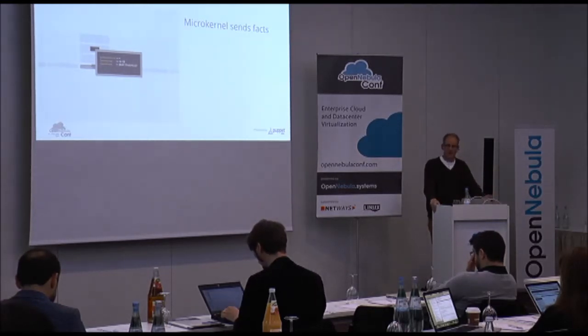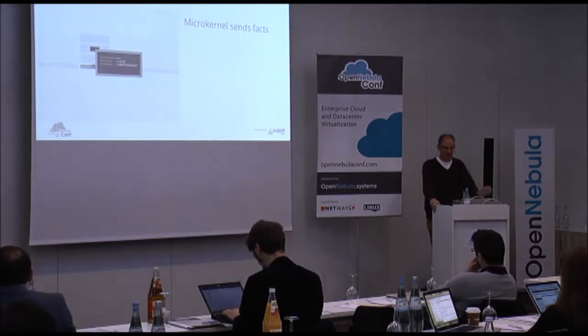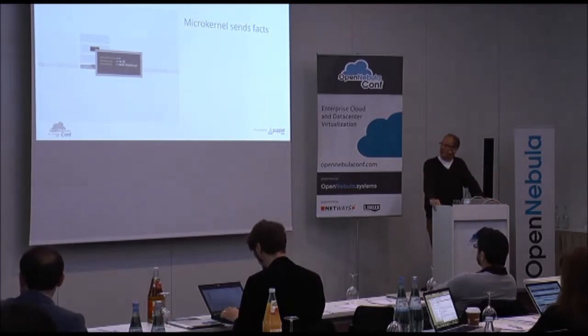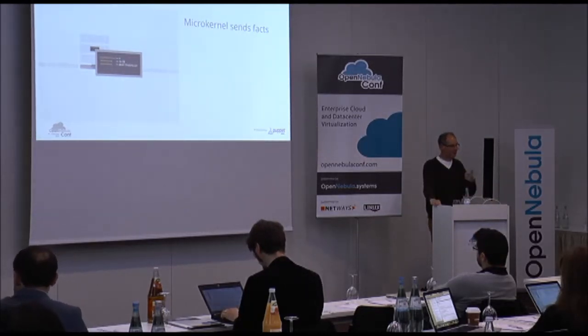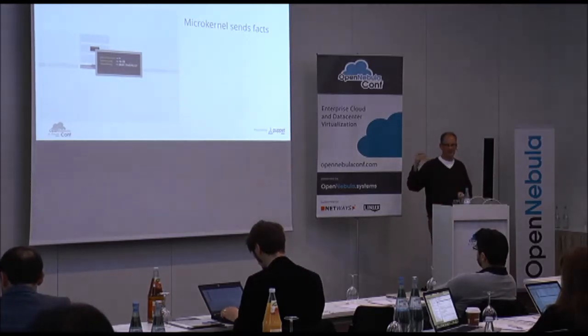When a node boots for the first time, it runs this little iPXE script, which really doesn't say much more than go talk to the server over there to figure out what you should be doing. If it's the first time that node boots, the server says, hey, I don't know you, we should get to know each other, and sends down what in Razor speak is called a microkernel, which is a terrible misnomer. It's really just a small Linux image that runs facter, the same facter we use in Puppet, and sends those facts back. So now Razor knows, oh, this is a machine with this many CPU cores, this much memory, this much hard disk, network interfaces, all that stuff.